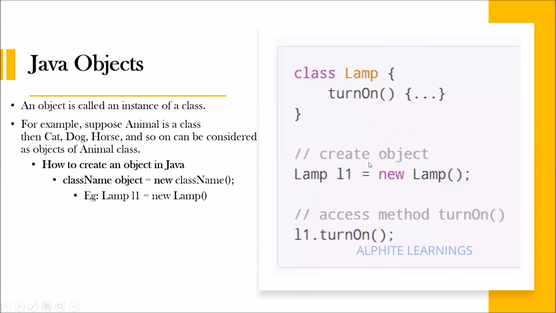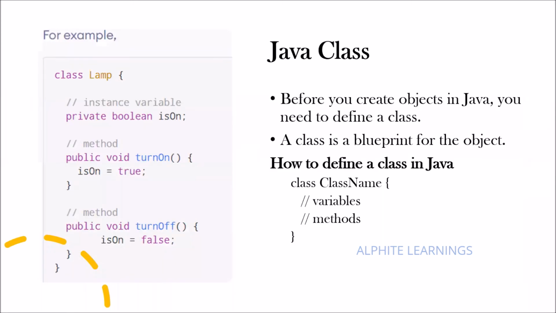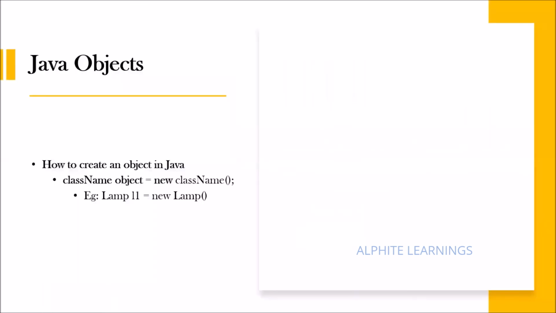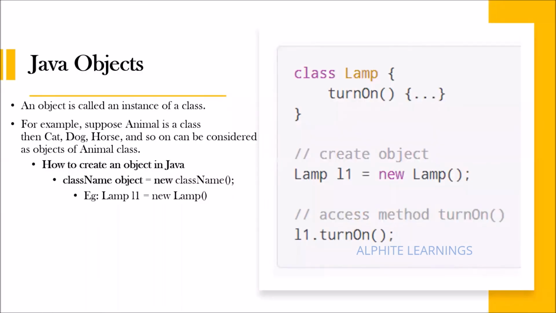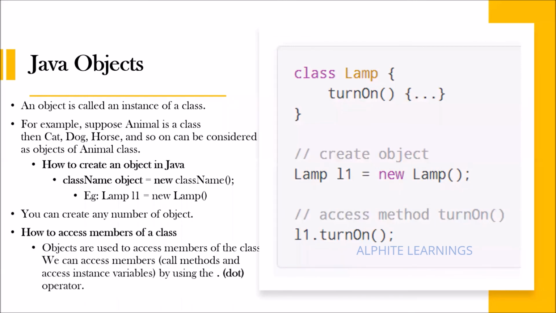It had one boolean variable. You remember we have a boolean over here, so we can access this variable, and also we can access the turn on and turn off methods which are present inside this class. If you want to access something which is inside a class, then you will absolutely need to create an object. Without an object you cannot access the members inside the class.